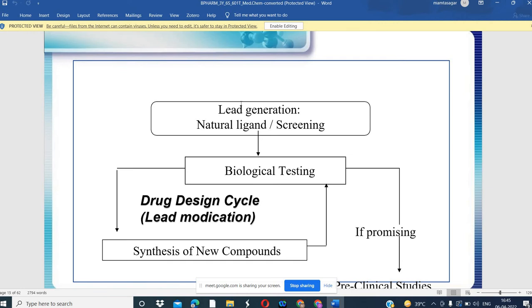Before subjecting any drug to a human patient, we have to test these drugs in the laboratory. So what is the method? Microarray is one of them, and there are other parameters we can study. There are a lot of parameters with which we can test whether this drug will be suitable or not,